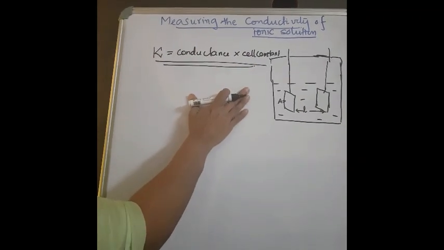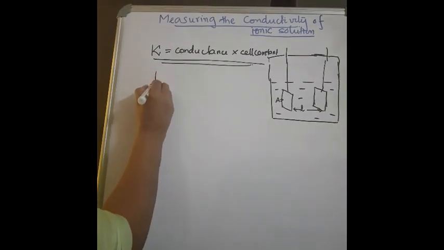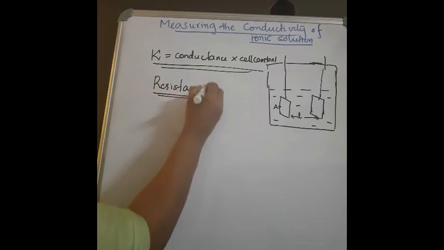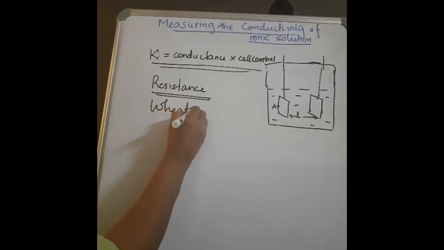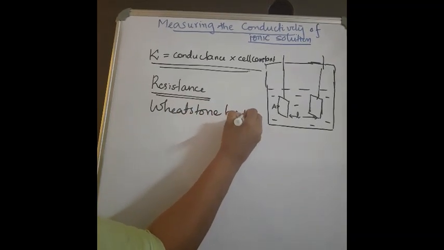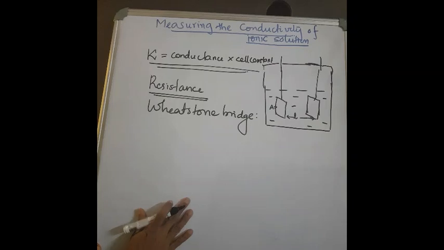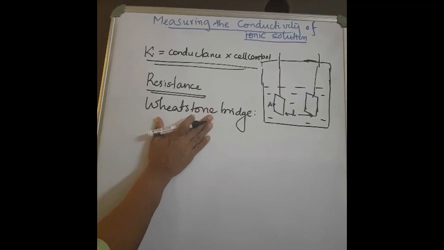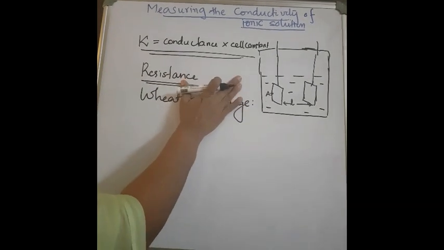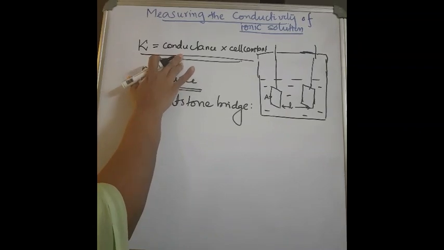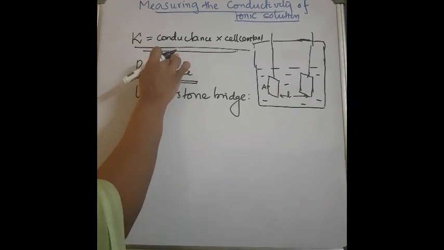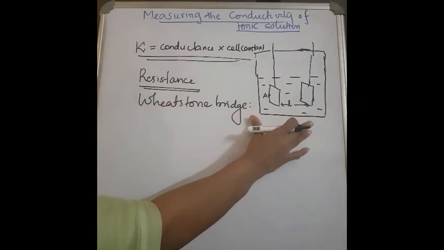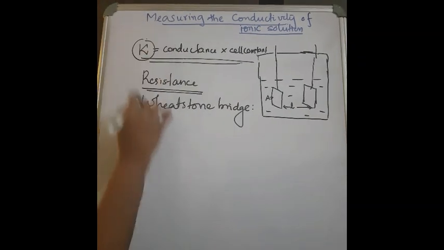First we have to measure the resistance of the solution by using a Wheatstone's bridge. We will apply the balanced Wheatstone bridge formula. Thereby, we will calculate the accurate resistance of this conductivity cell, and from this resistance we get the conductance. The reciprocal of resistance is conductance. You substitute that value, you get the conductance, into the cell constant, that is a constant for a given conductivity cell. From there, you will find kappa.